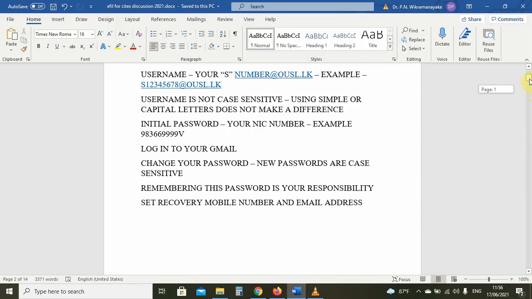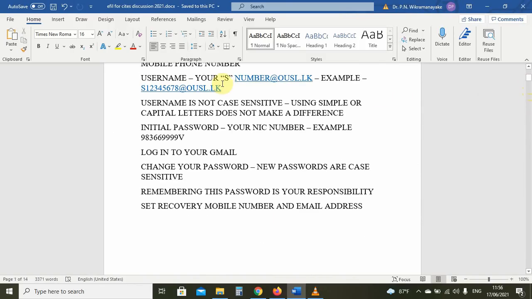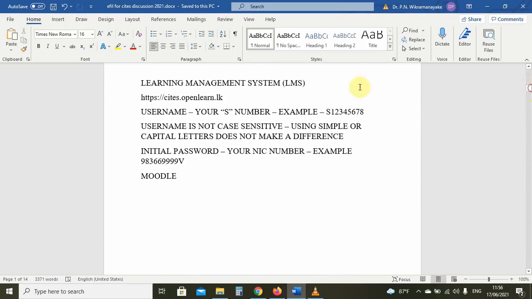Before, it was your Gmail address that had your S number and @ousl.lk. For the LMS, don't get confused. Your username is only your S number. For example, S followed by 8 digits, whatever has been assigned to you.